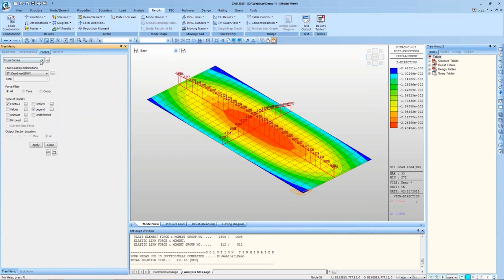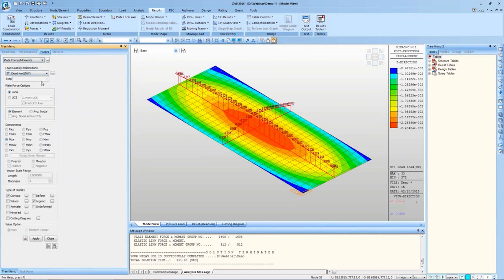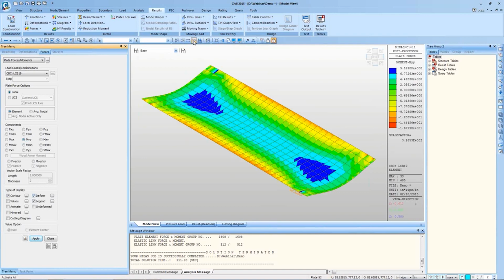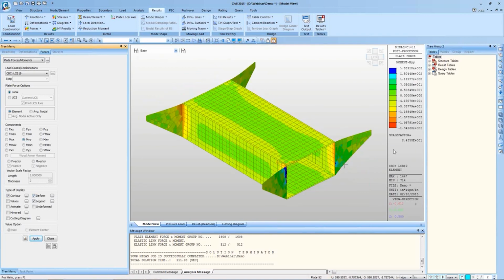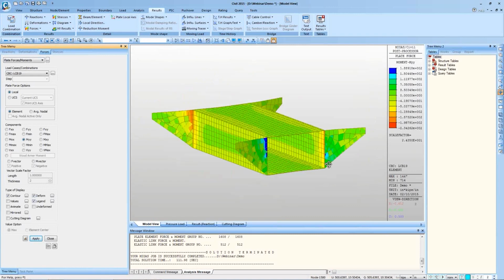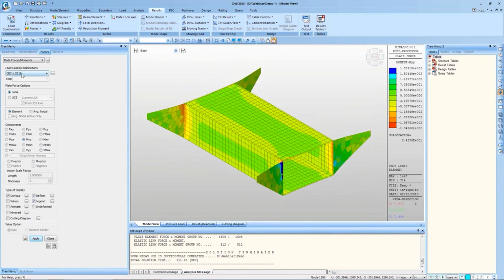After looking at deformation, let's see the forces. We have plate forces or moments. Here I can choose load case or load combination, and I can see the values. I can choose the components. Let's say I want to check for MYY and I want the deform shape. Click apply. Let me activate entire box culvert. So this is the force result for load combination 19. But these force values are per unit length, so cannot be used directly for design.